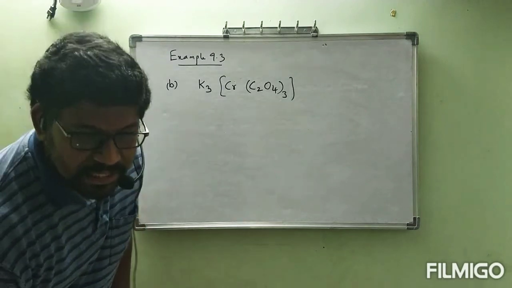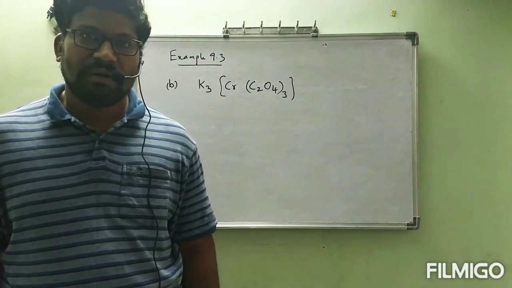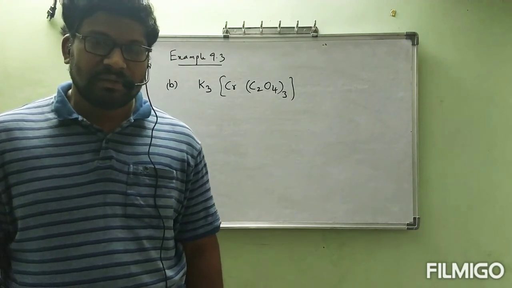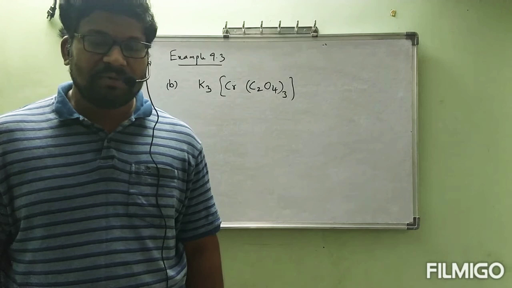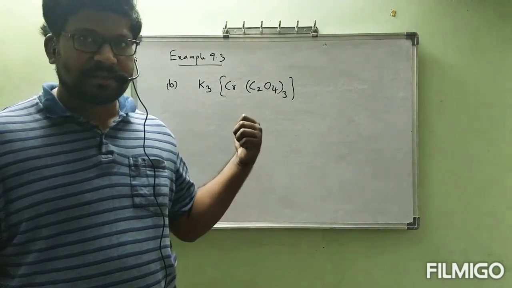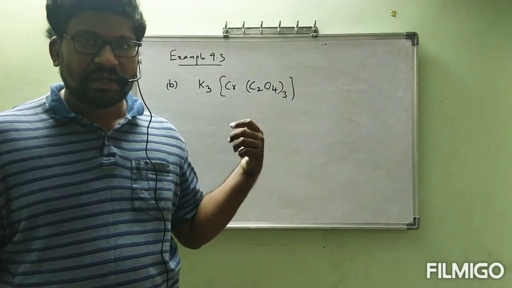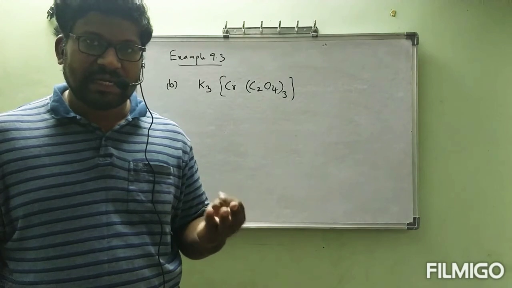C, D, E, you can take as homework. They gave the solution there itself. Try to do that one. If any mistakes are there, inform me. I will see that one. This one I will explain slowly. With this we will end today's class. You can take the remaining three, C, D, E.